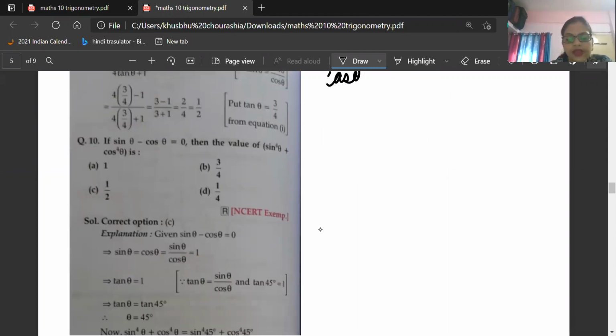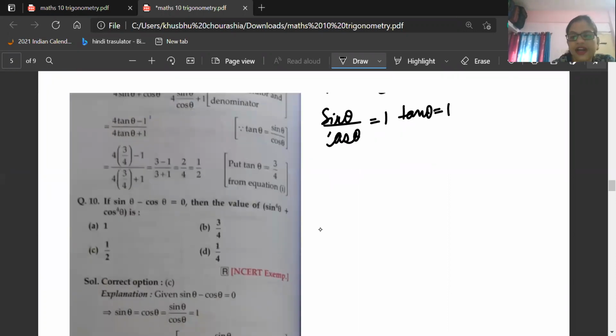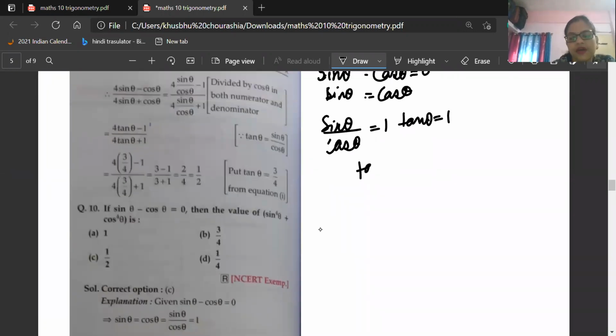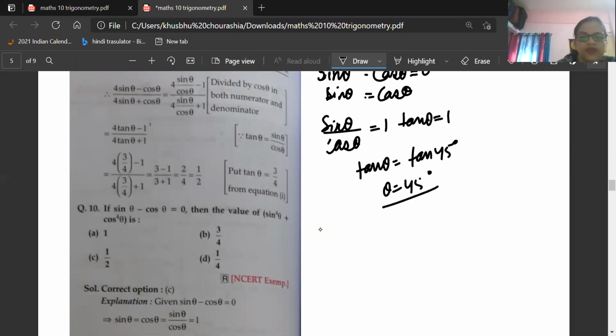So if tan theta is equal to 1, what is the tan theta value? Tan theta equal to 1. So tan theta is equal to tan 45 degrees. So theta will be equal to 45 degrees. And once we know the theta value, we can apply this. Now sine 4 theta is 45 degrees plus cos 4 45 degrees. So we can write it as